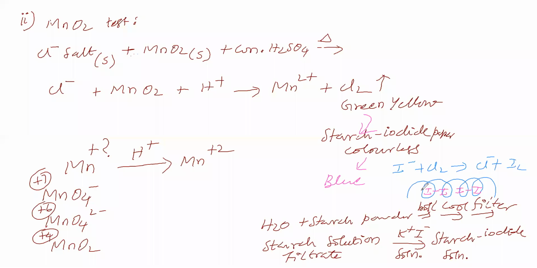So in this MnO2 test, you are not taking sodium carbonate extract. Remember, generally for a confirmatory test we take sodium carbonate extract. In some places we will not take sodium carbonate extract. So far we discussed some of the anions. In the nitrite NO2 minus test, we have taken water extract. That means we dissolved the salt in water and took the water extract. We did not take sodium carbonate extract. Okay. In this, it is the chloride test.